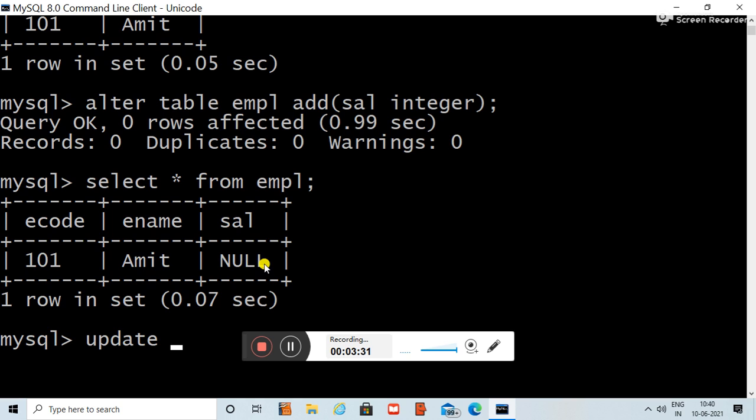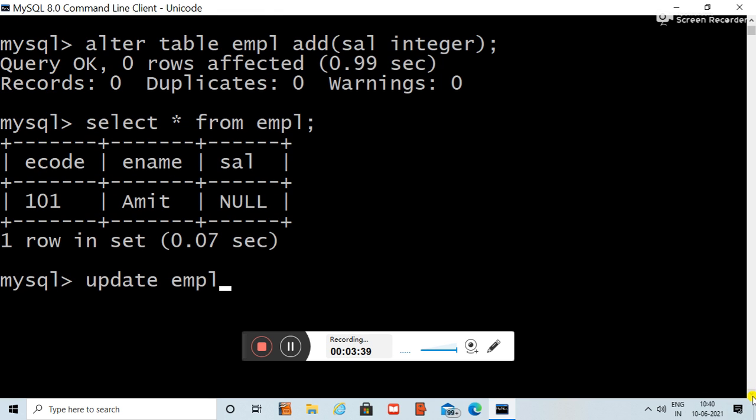update, then the table name is EMPL. Set the field name sal is equal to, suppose I have given this value.